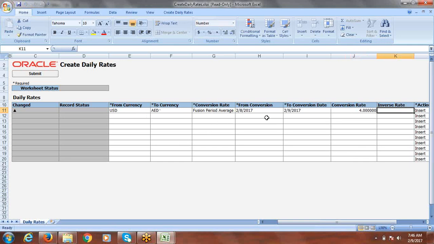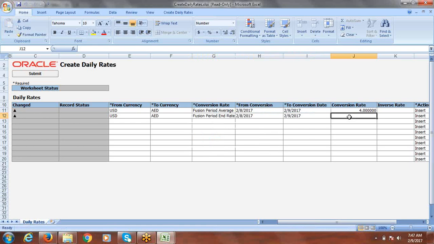When you talk about period end rate, there will be a different rate. Say USD to AED, and rate type is end rate. Same dates you may copy, or else you can go with just today's date. It will work. There won't be an issue.